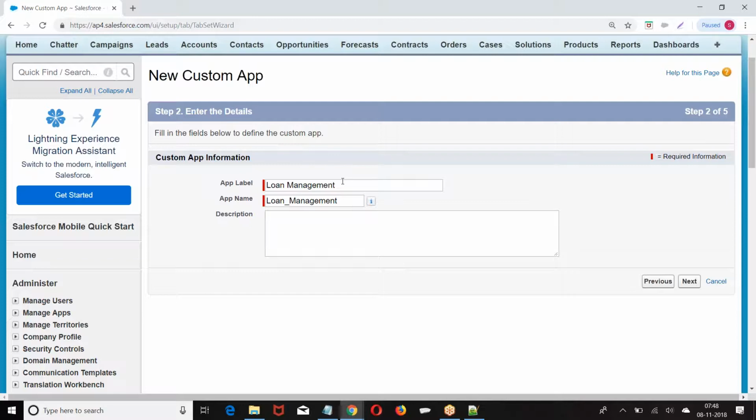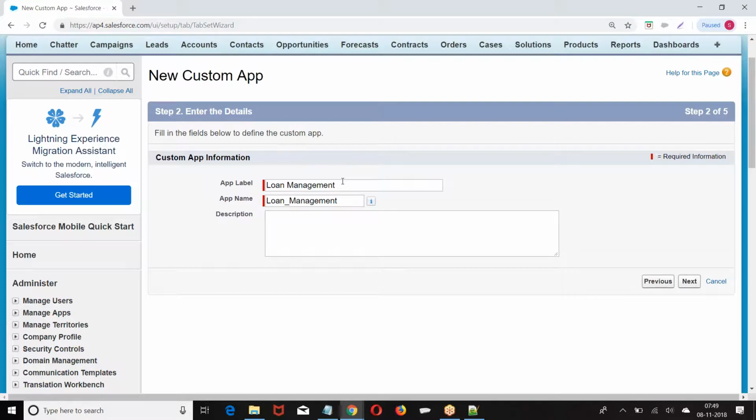Application name is the actual name of the application. If you want to refer to this application programmatically, we will use this application name.